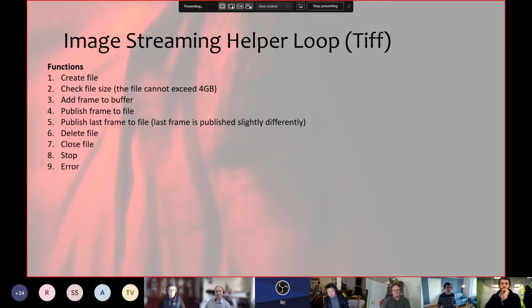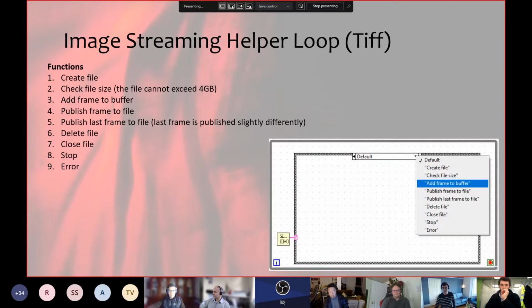And at this stage, I've noticed that a lot of, let's say, novice or new LabVIEW developers would jump into creating something like this, where we have a queued message handler, and every case in this case structure would be for every function. So we receive a message, and that message could be, create the file, add an image to that file, close the file, etc. Now, I'm not so keen on that because,